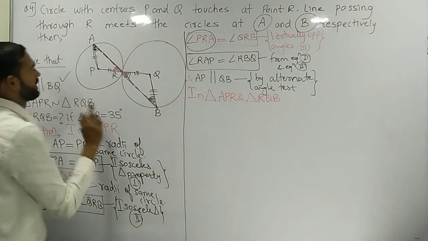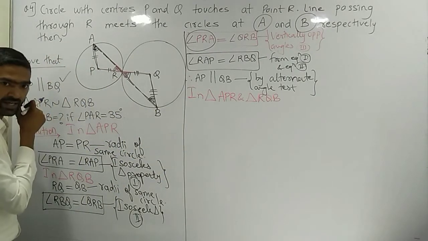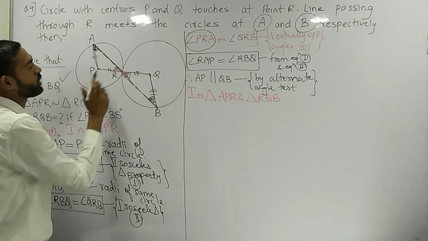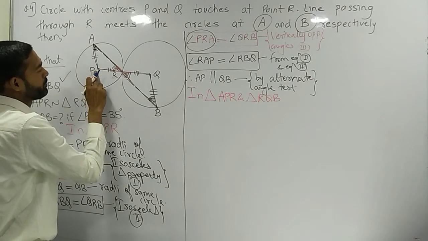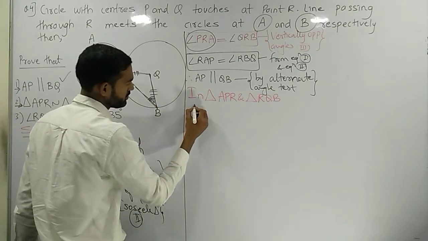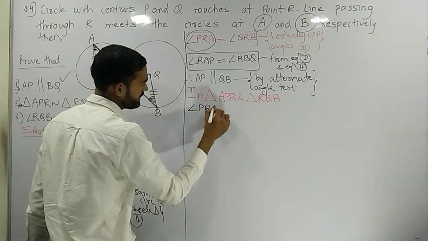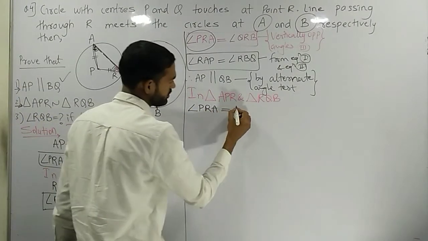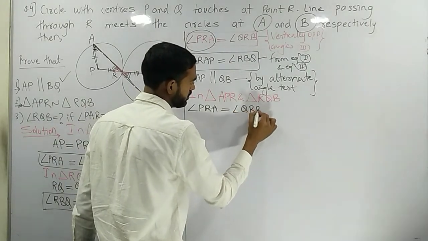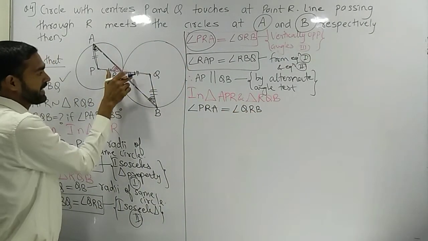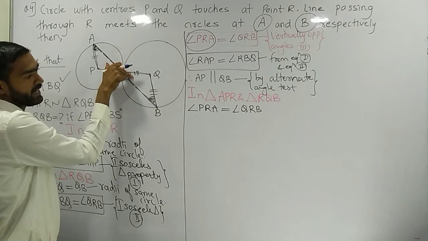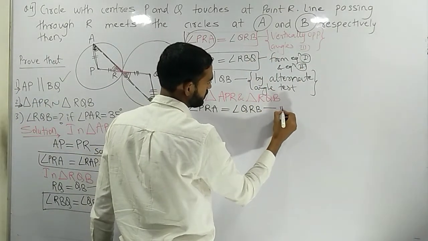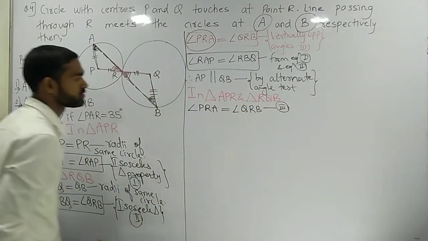In triangle APR, this upper triangle, what do we know? These two angles were equal. Here, angle PRA is equal to angle QRB. Why? Because they are forming X, and X will give you what? Vertically opposite angles. Do we know this one? Yes. This we knew from equation 3.